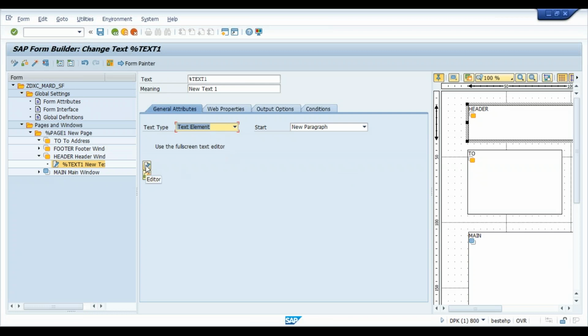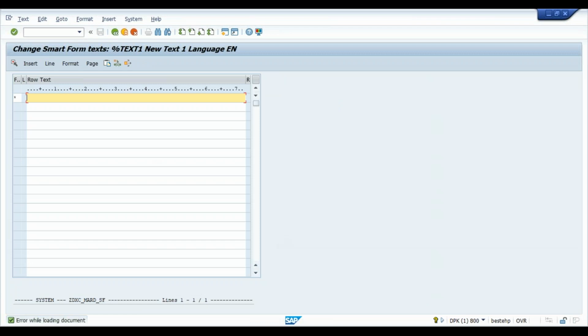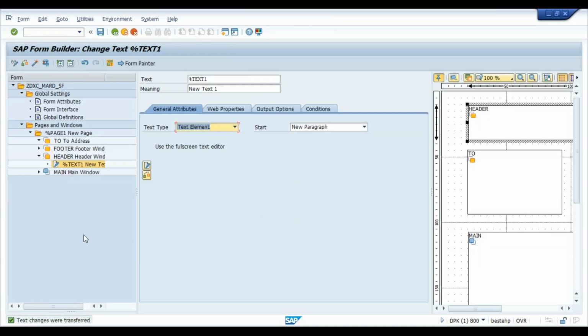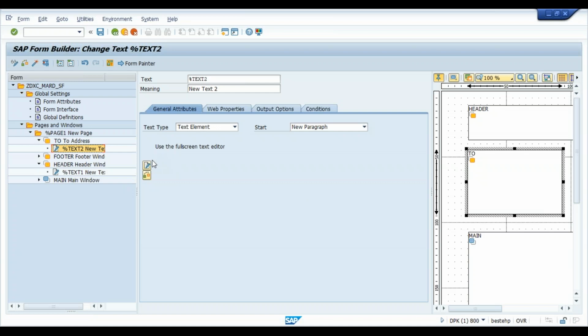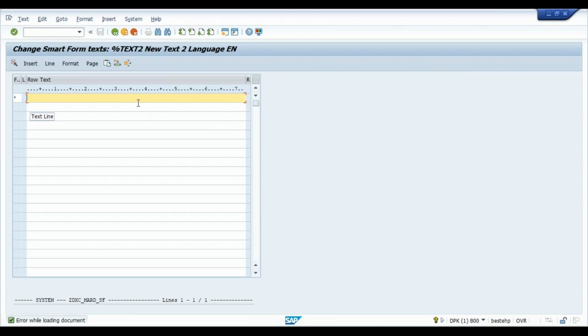You just click on this editor and you can just type here Airtel India, something like this. And this is a heading. This happens to be a heading, and it's been changed now, dated. So the to address. In the to address, I'll be creating the text again. Here also we'll click on this. We can change the text name also. So for to address we'll give it as